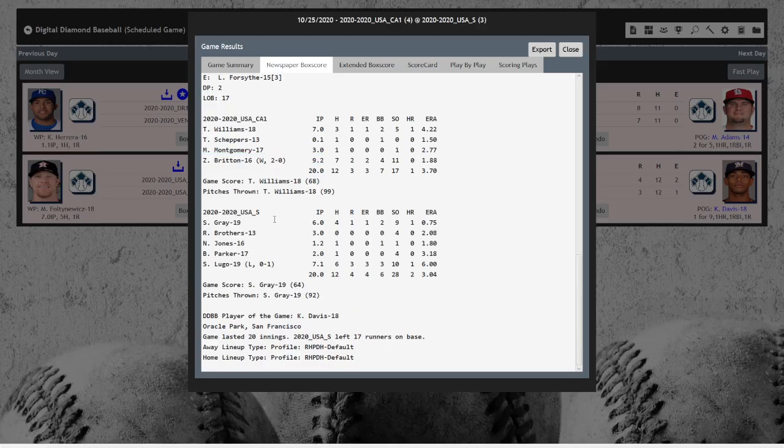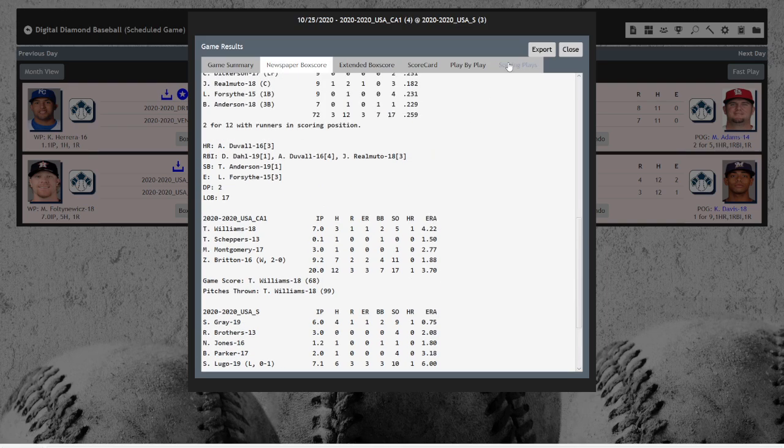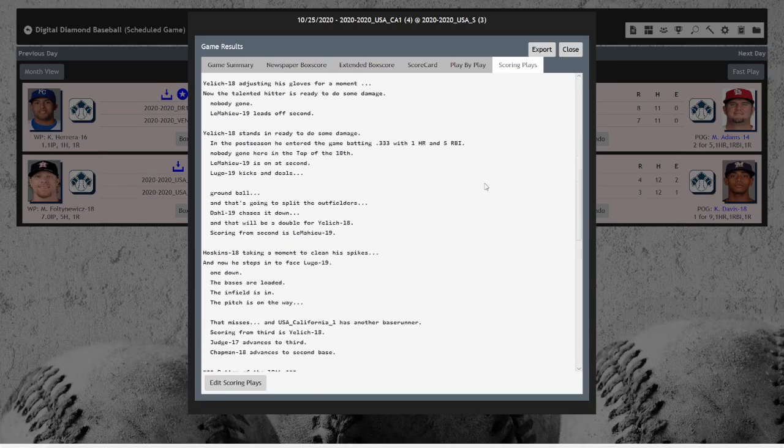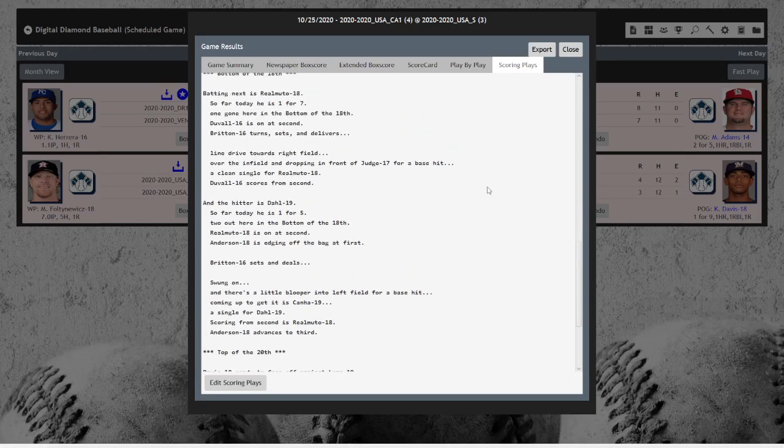Sonny Gray got the no decision here for the South, 6 innings, 4 hits, an earned run, 2 walks, 9 Ks, 3 scoreless by Rex Brothers with 4 Ks. All right, so let's look at the play-by-play, or the scoring plays. Let's just look at the scoring plays, I guess. Okay, let's scroll down towards the bottom here. I want to see